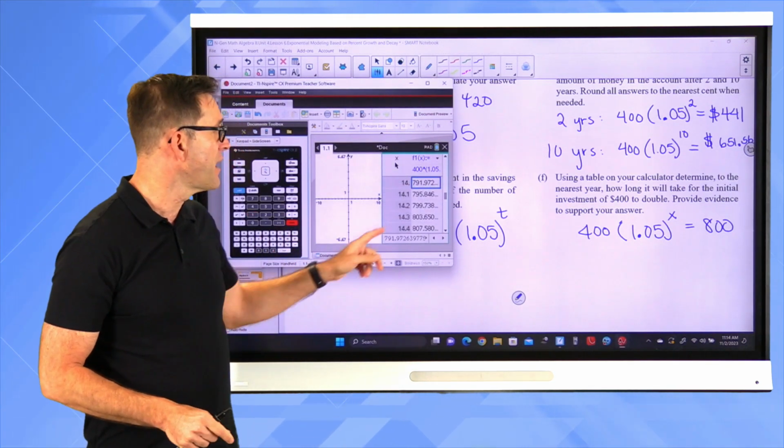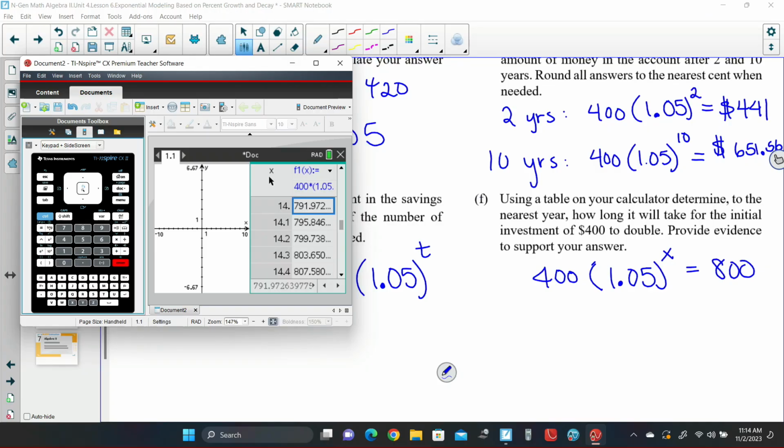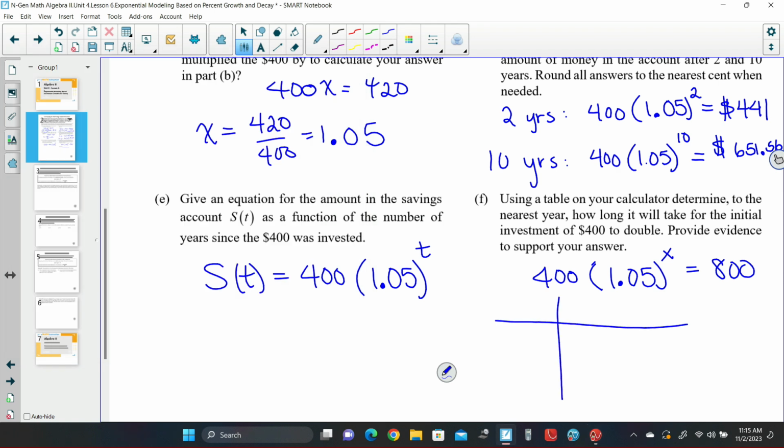So if I hit enter on that, now what I see is at 14, we're at 791, 14.1, 796, 14.2, 799.7, and 14.3, we're at 803.65, right? That tells me definitively, so if I did a little table here, and then of course I lose everything that I want, but if I do a little table there, what I see is that at 14.2, no decimal place there, at 14.2, I have